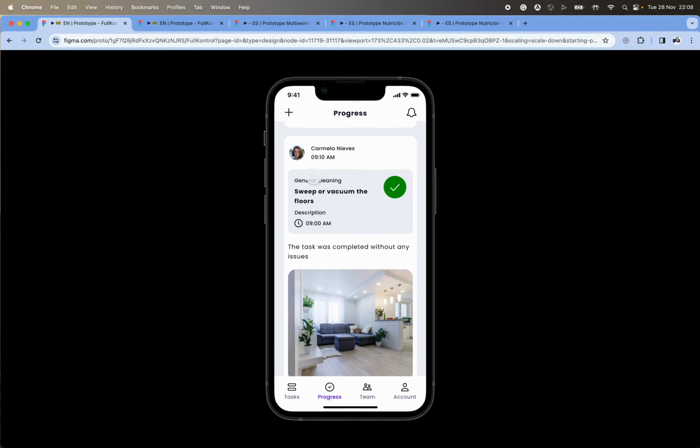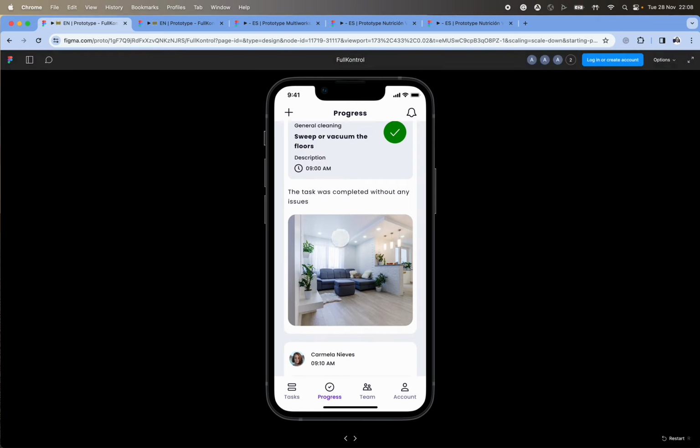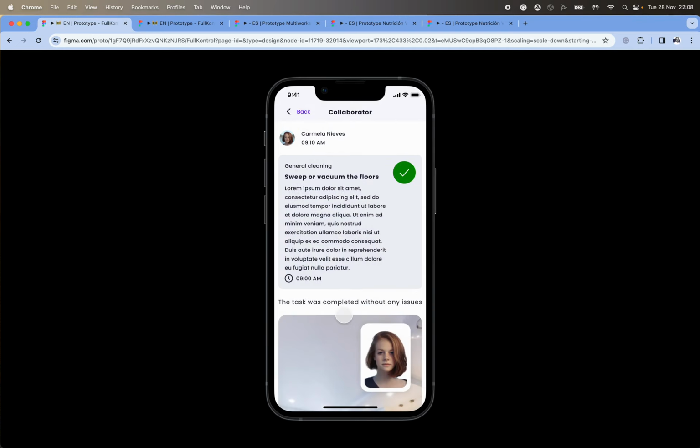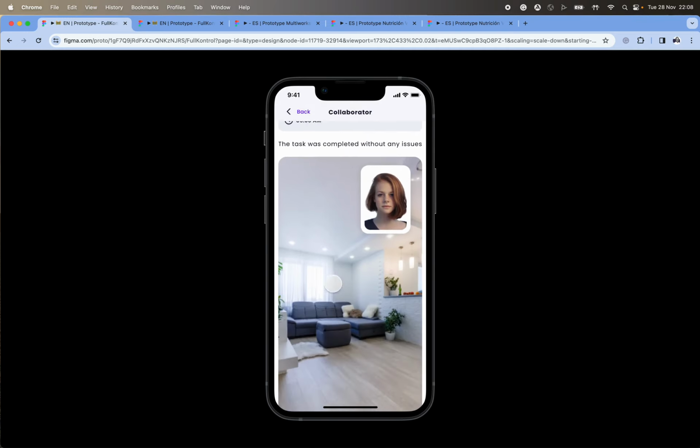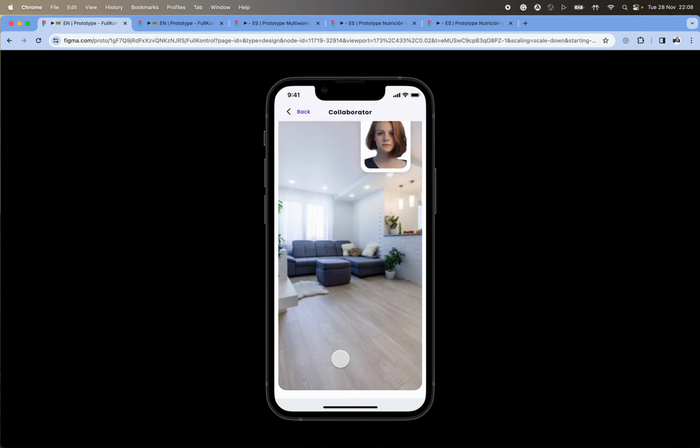For example, this task was supposed to be done at 9 a.m. It was done at 9 and 10 a.m. Right? And you will see here the information of the task and the result of the job that Sandra did,